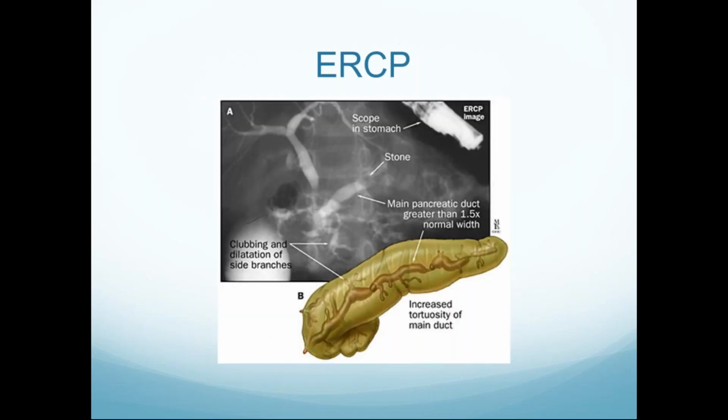This is the other ERCP image where the main pancreatic duct dilation is more than 1.5 times, mostly due to stone obstruction. This is the stone we have seen in the original image. So this stone causes dilation of more than 1.5 times, so it may be 2 or 3 times. The pancreatic duct is that much dilated. So it causes retention of the juices and causes chronic destruction. So what we have to do is remove the stone and place a stent.